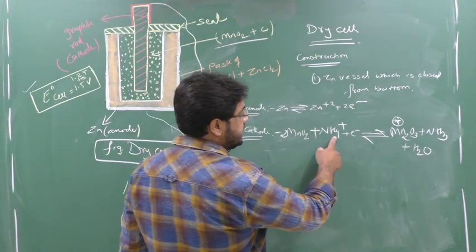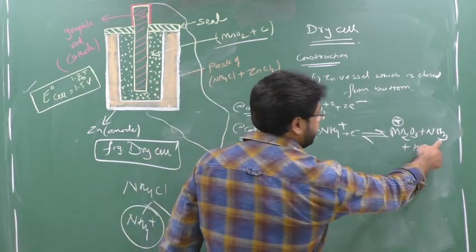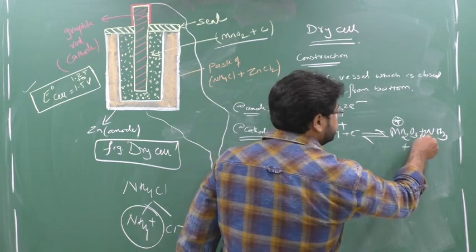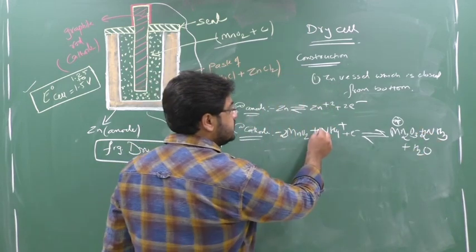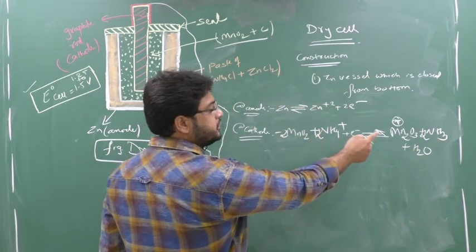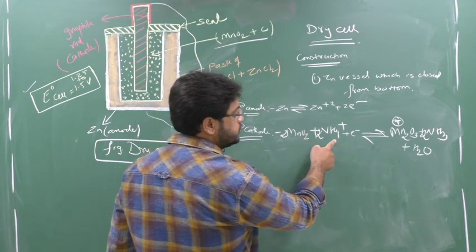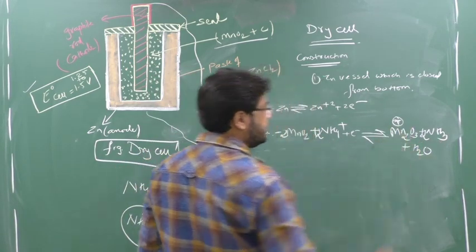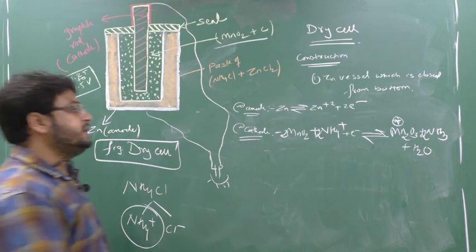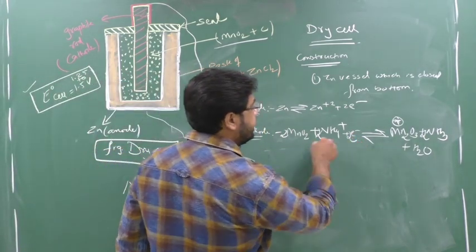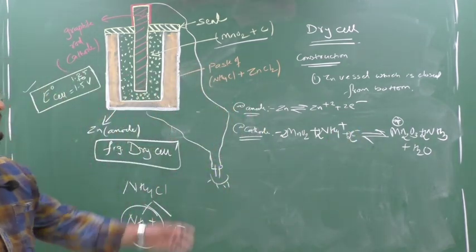Now again balance the hydrogen. So how many hydrogen do I have? I have here 4, but I have here 5. So what will I do? I will put 2 here. So I will put 2 here also. So 2 nitrogen balanced. 2 4s are 8 hydrogen, and 2 3s are 6 plus 2, 8 hydrogen. Clear? So how many electrons should I require? I require 2 electrons to balance the charge also. Clear? So this is my net reaction.